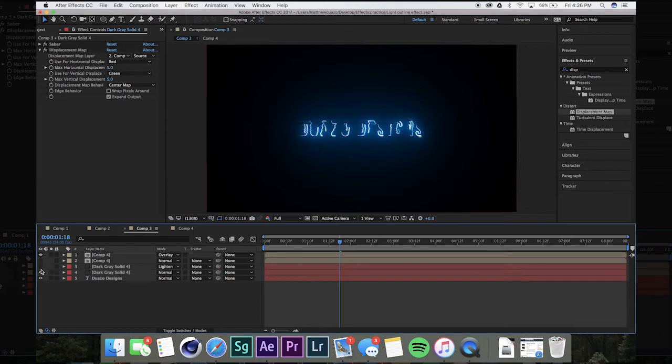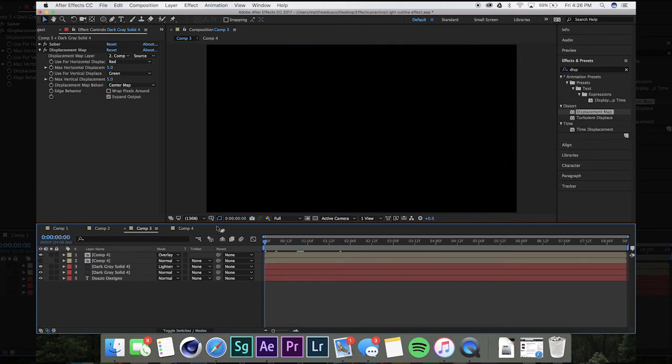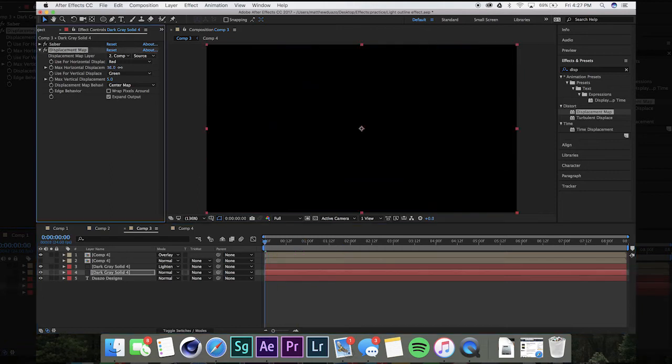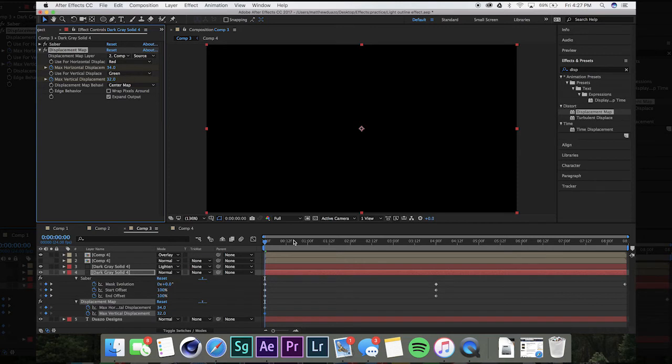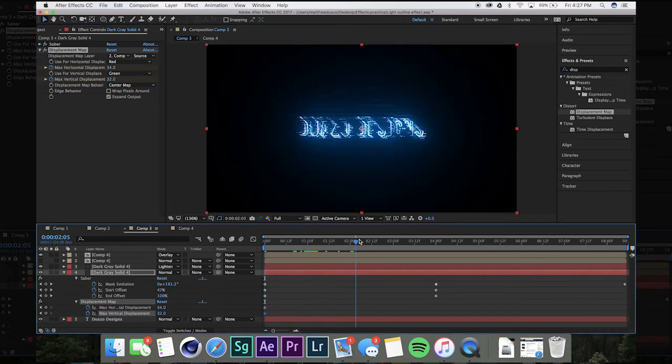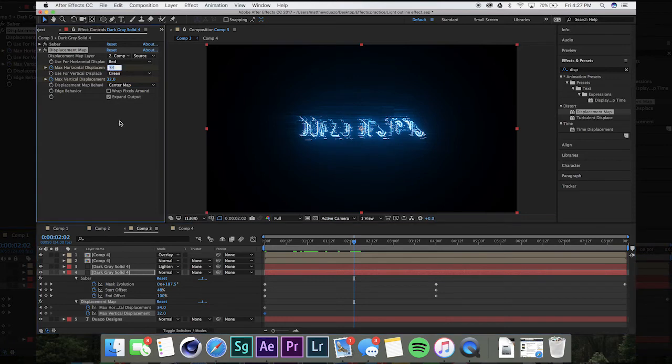Right? So when that's added, we're going to choose the source to be the composition for. So you automatically see that there's a bit more distortion right here, what we're going for. So we're going to be messing with the max horizontal and max vertical displacement in this effect. So initially, we'll bump this up to maybe 34, keyframe both of these,